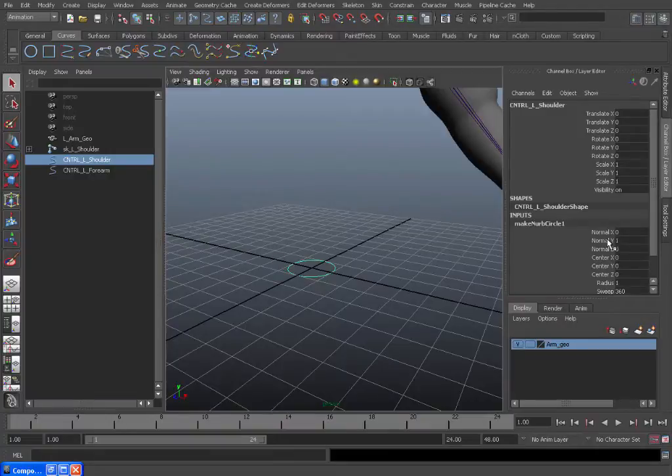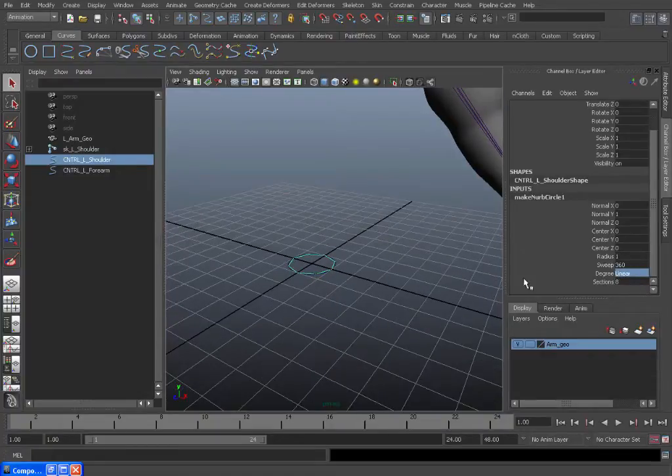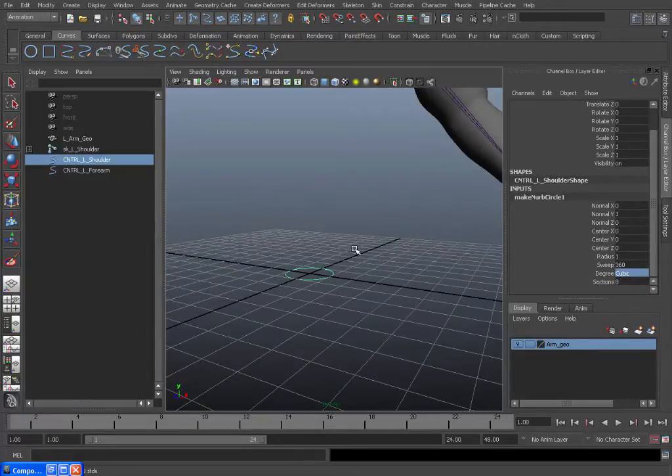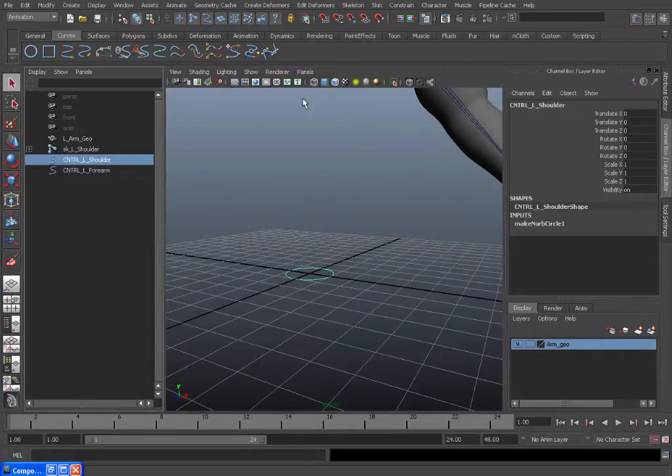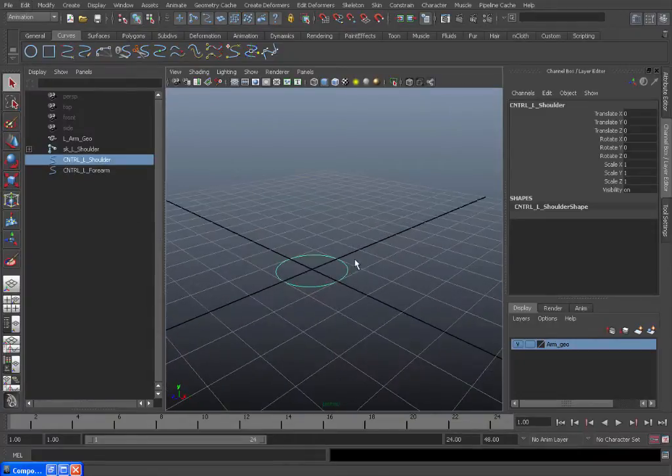You can see here, if you go to the history underneath inputs, you can change the shape of this if you like. You could get a hexagon or just a simple rectangle if you want. But what we will do is keep this to cubic so it's a nice circle shape. So select the shoulder. We can safely delete history on this, so go to Delete by Type, History. And then what we'll do is